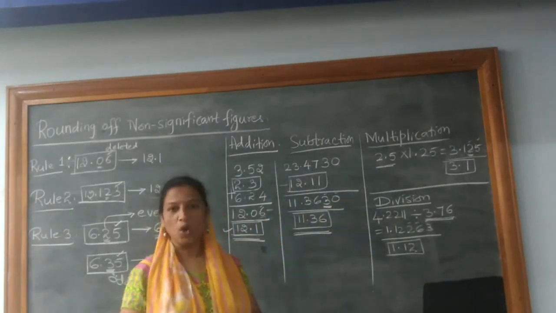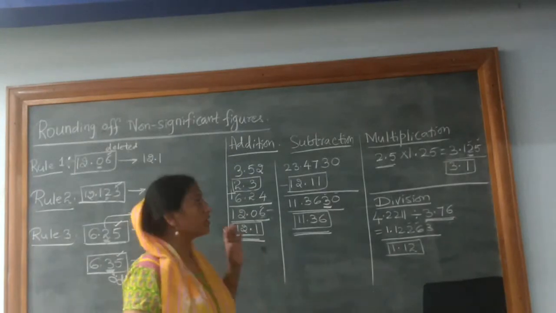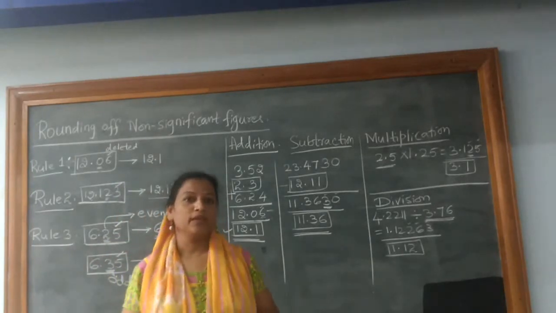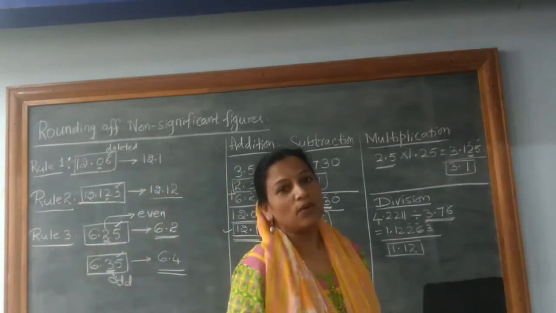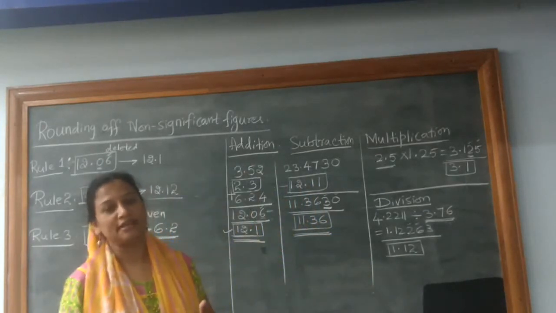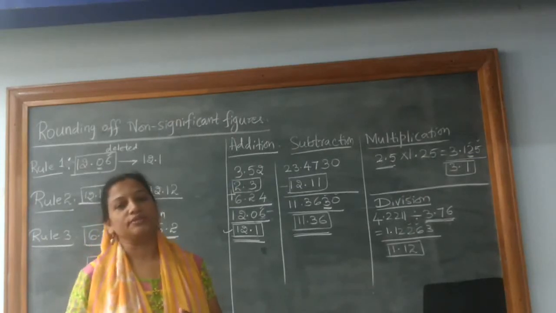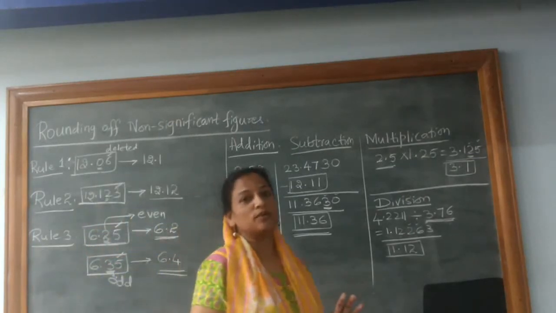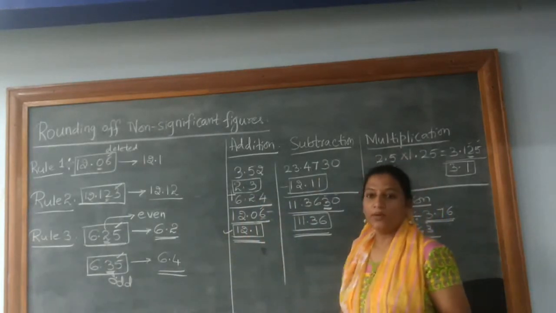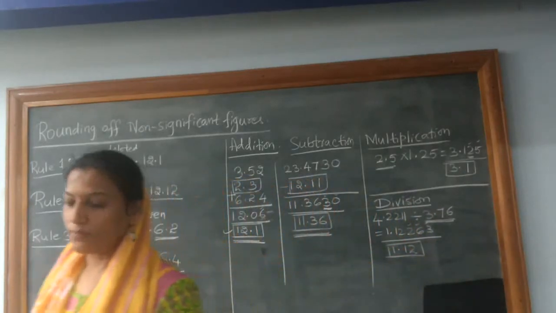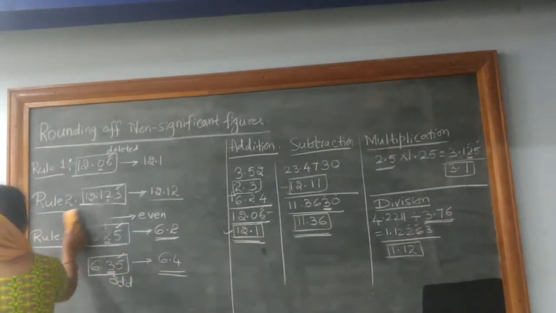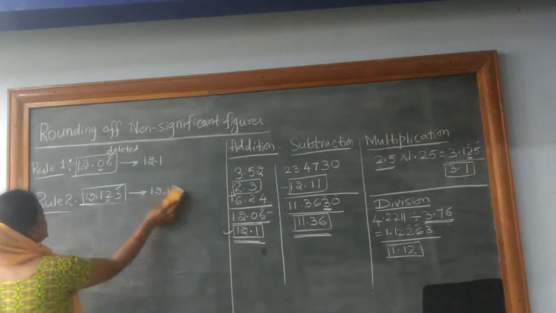This is division operation. Hope this concept and rules for rounding off non-significant figures is clear to you all. So this is regarding in detail about uncertainty in measurement, scientific notation and significant figures along with their rules. Try to solve as many problems on this and become perfect in this concept. Now let us move to the next part of the same topic, some basic concepts of chemistry, that is called dimensional analysis.